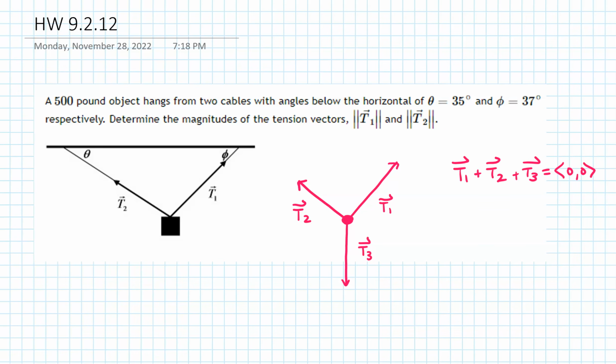So we are going to use the fact that the sum of the three vectors equals the zero vector, but we want to write each of the vectors in component form, and to do that we're going to need some angles. Now, I'm going to draw a horizontal line here in order for us to figure out some angles. I know that phi here is equal to 37 degrees, and if I drew a horizontal line here, that would make this 37 degrees. So this angle here is 37 degrees,